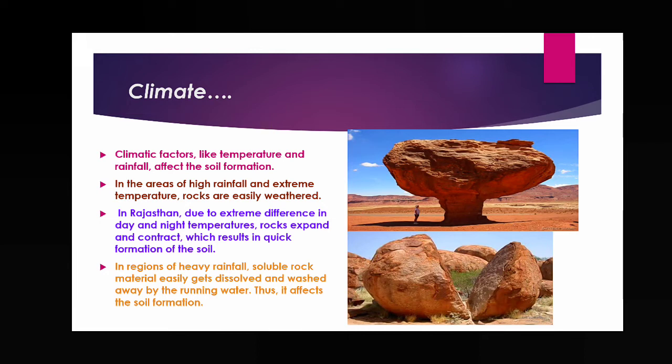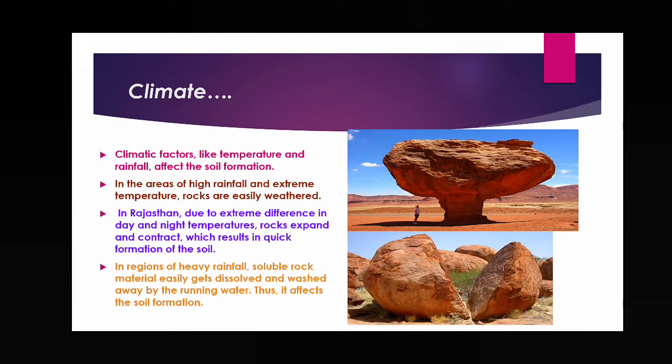Temperature makes cracks in the rock, then gradually along these cracks the rock breaks into smaller particles. Rainfall also breaks the rock into smaller particles, and that's why weathering occurs. For example, take Rajasthan. Rajasthan is a hot desert, the temperature is high, so a large rock first develops cracks, then along the cracks it gradually starts to break into smaller particles.